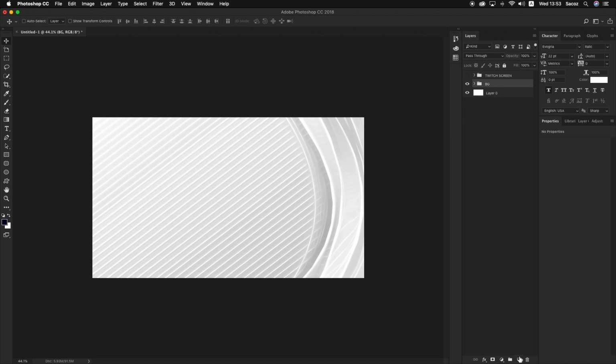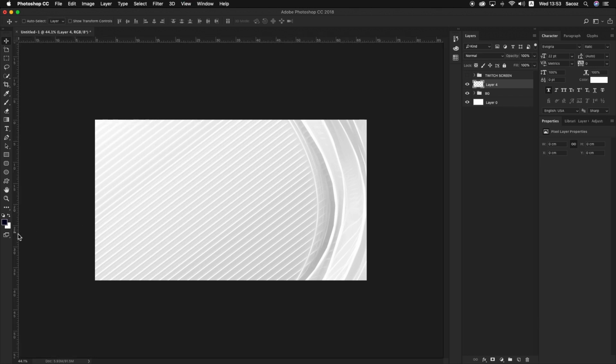Alright, so we're gonna start with putting a couple of guidelines. So I'm just gonna put a guideline in the middle. Just do it like this and it will snap. A pro tip is to always do it in a new layer that has nothing on it, because if you do have something on that layer, it will snap to the middle of the shape of the text or the image or whatever you have on the layer at the moment. So yes, I'm gonna do it in a new layer, so it just snaps to the canvas,